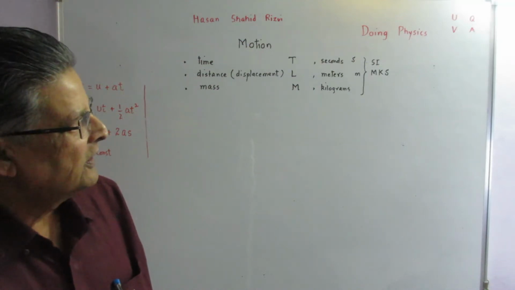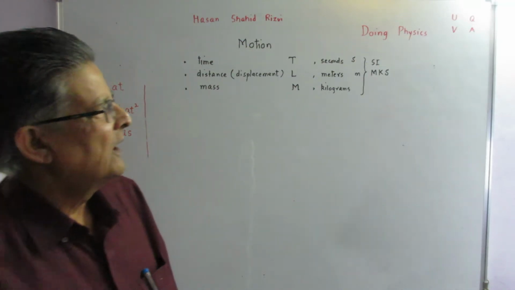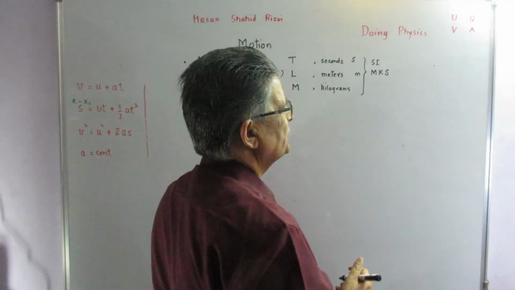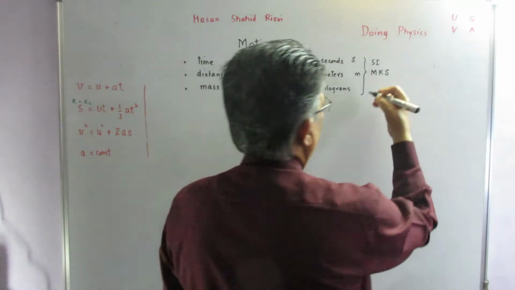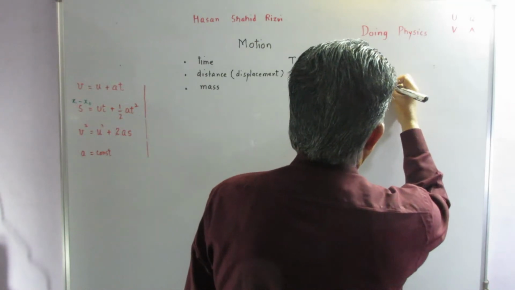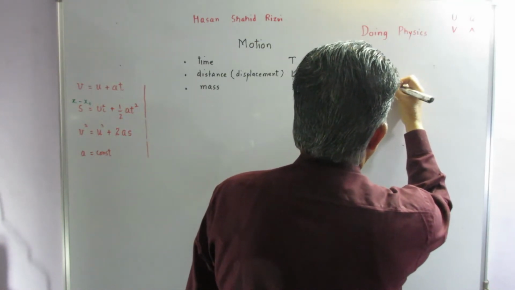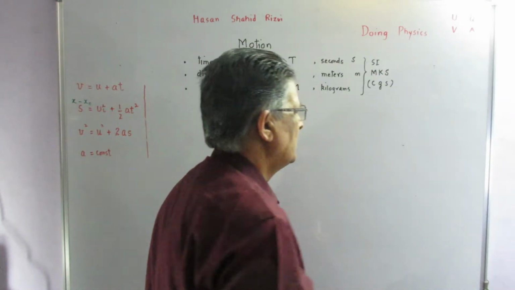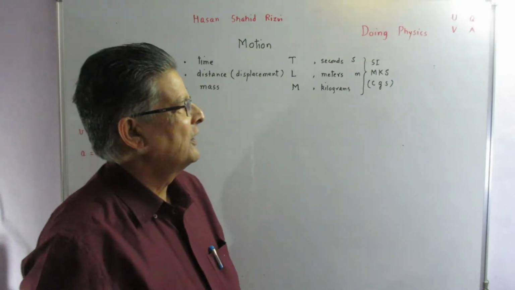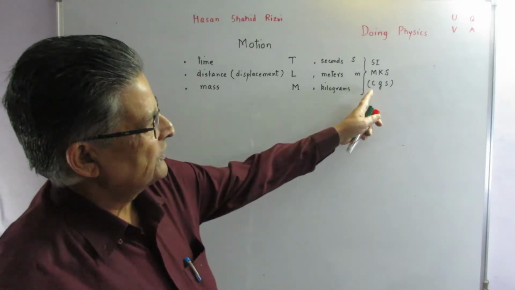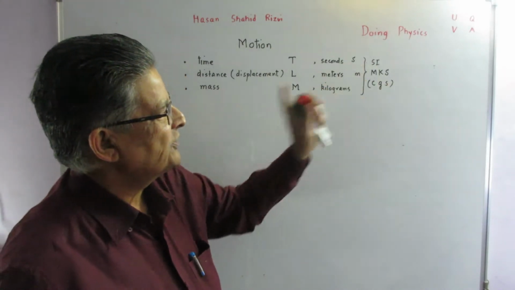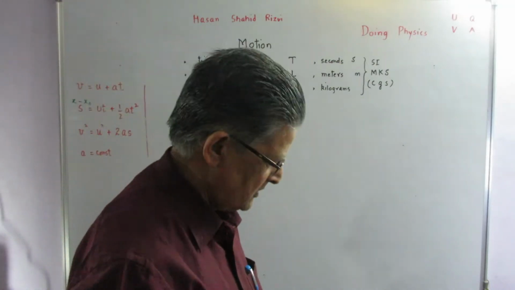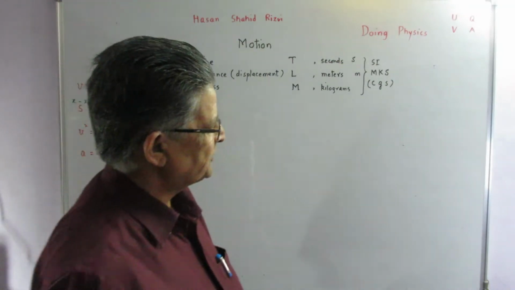But back in the 1960s, when I was a student, there was a CGS system, the centimeter, gram, second system, and before that the FPS system,